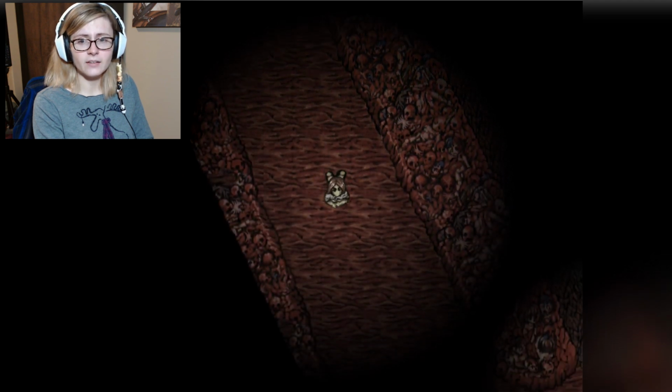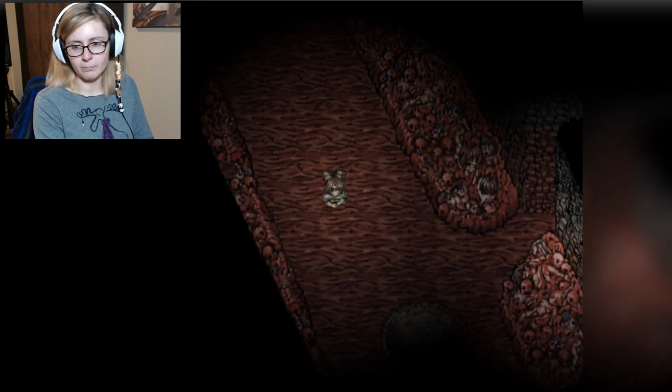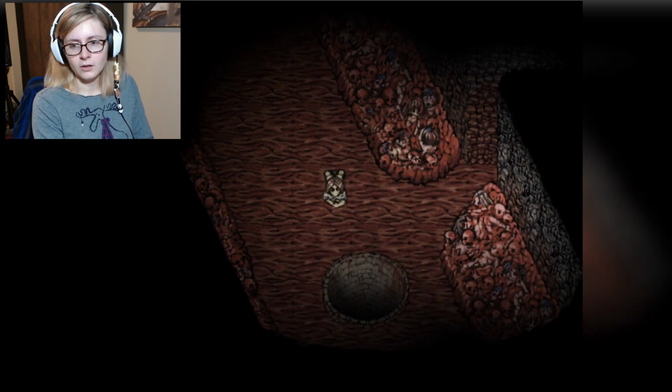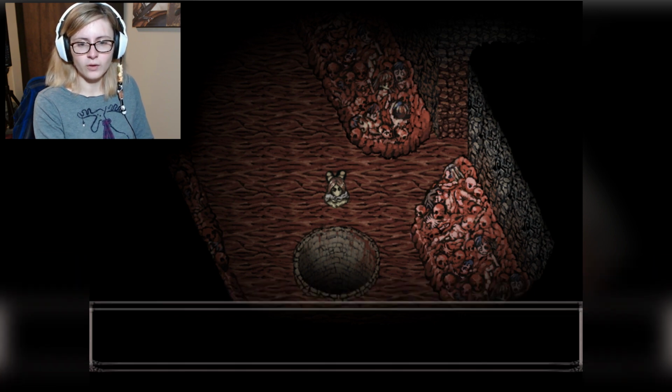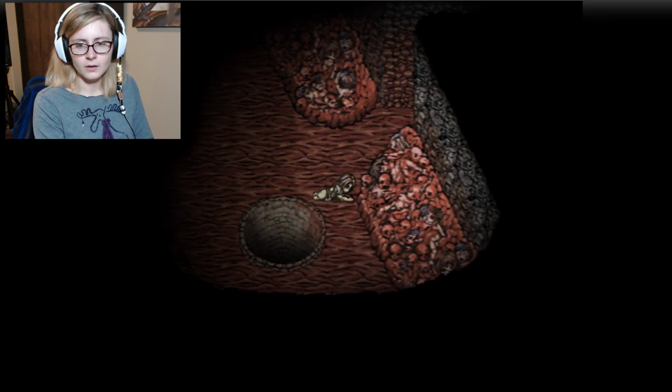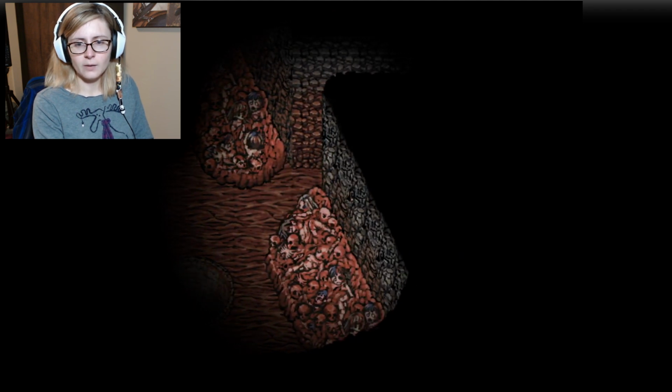Alright, I got no legs. I got no legs. I got no arms. Well, I got some arms, but I'm just barely crawling my way over here. Oof, what is this? This is a peat leading to darkness. Cool air blows from the hole. Alright, well, let's not fall in the hole. Let's continue to crawl our merry little way